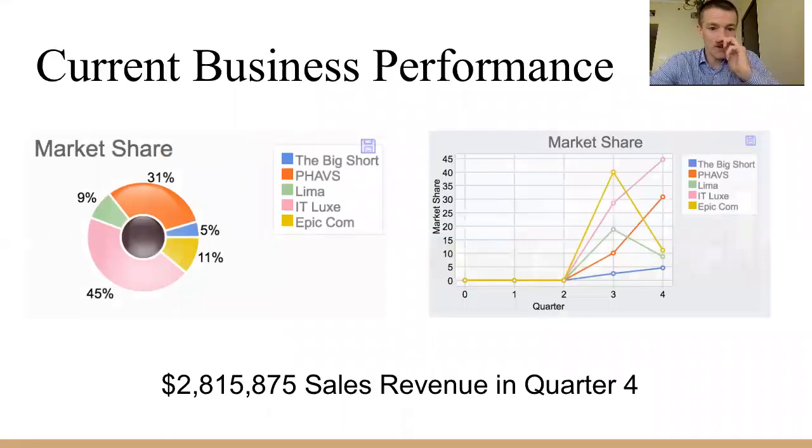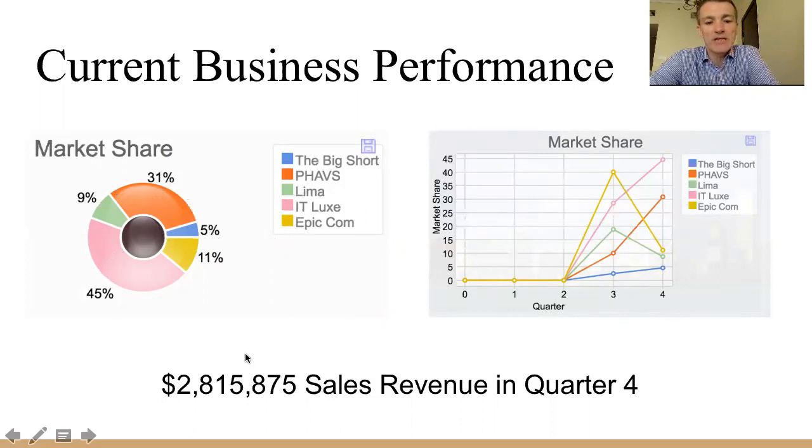Current business performance, quite a lot going on. We've got a chart, market share, and revenue numbers down here. What's the message? What do you want us to focus on? Obviously your market share is good, market leader with 45%. That's the message. Really tell us what to focus on, because otherwise these two charts are the same. You probably don't need both.